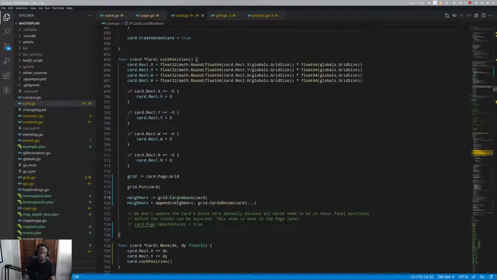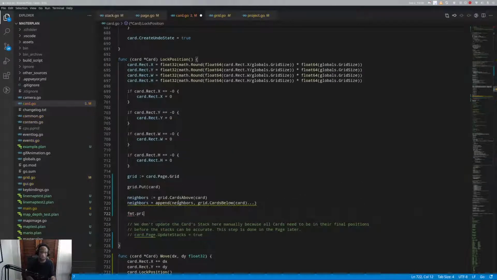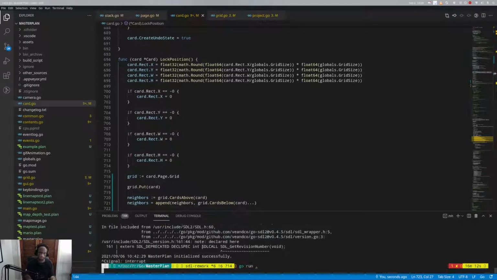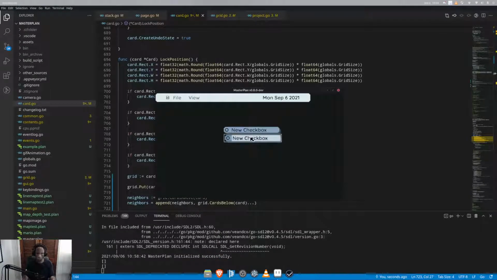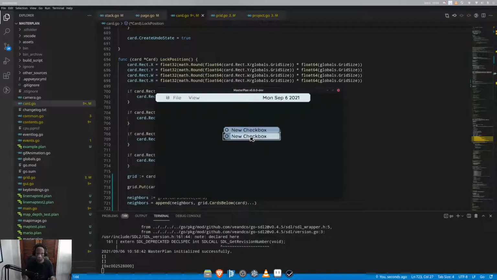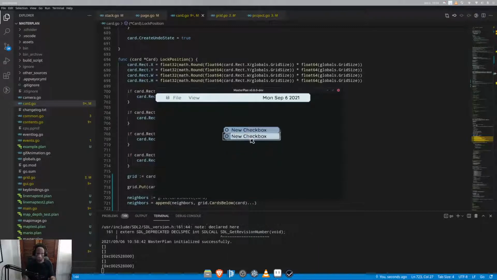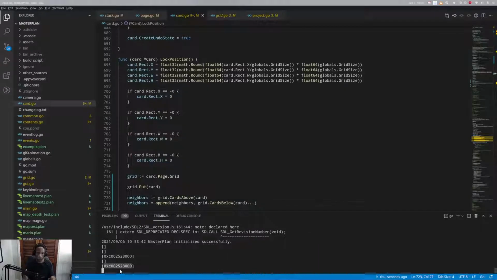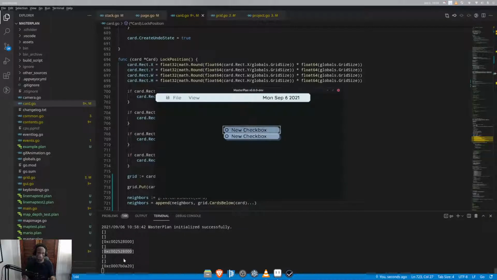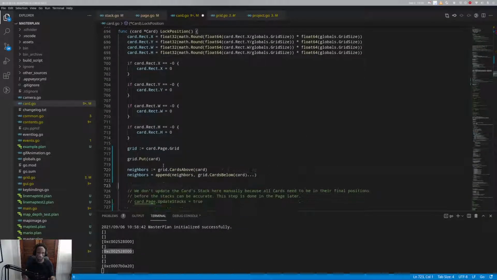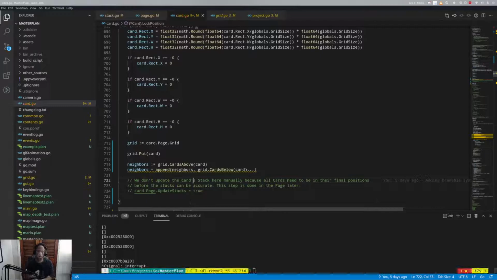Okay, all right, so now we will say, let's see what neighbors we got. Okay, so the moving card says I found one neighbor. And this moving card says I found one neighbor. Okay, so now what we will do,